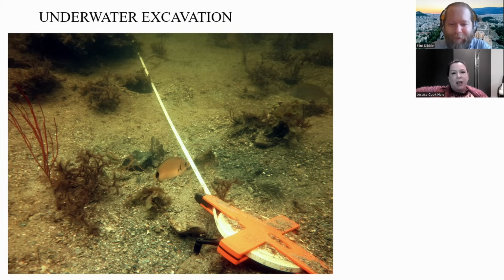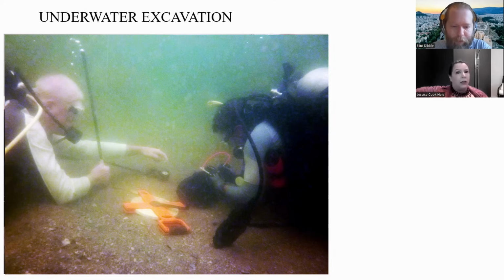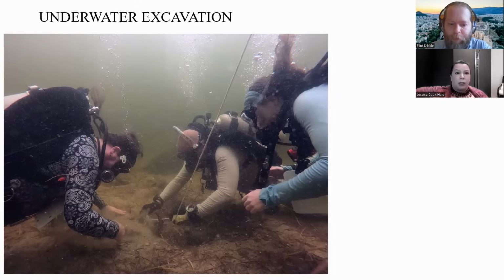Well, we have to obviously have locales that we want to target, right? So we pull from our remote sensing data and from our predictive models locations that we think would be worth having a proper look at. And it proceeds similar to phase one and phase two in the US, right? The way CRM does this with shovel testing and then block excavation. So our equivalent of a shovel test is this sort of thing here, where we drop to the bottom of a downline that's been thrown out off the boat at GPS coordinates of a location we want to test. And then we tie off a real line